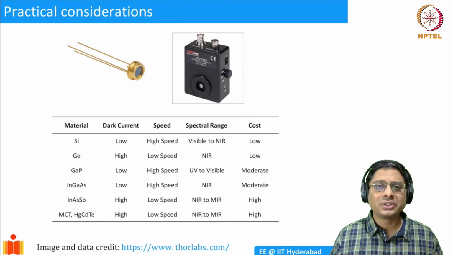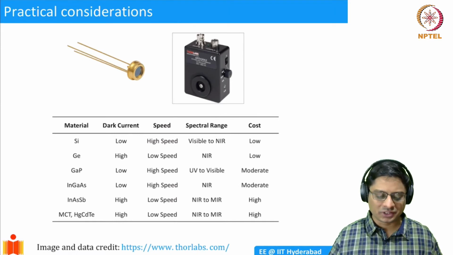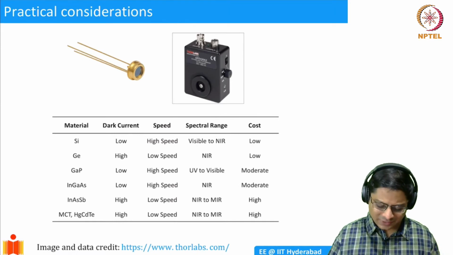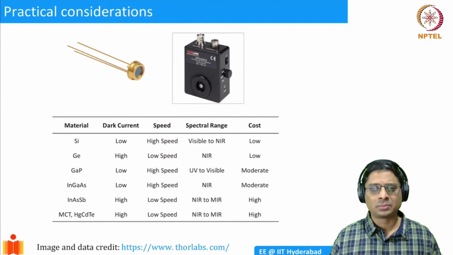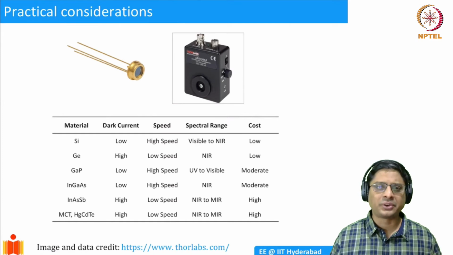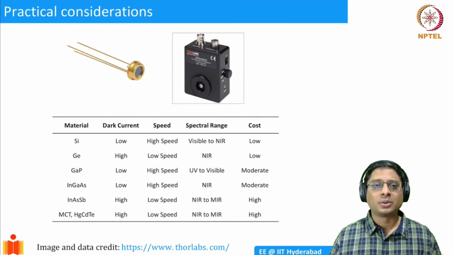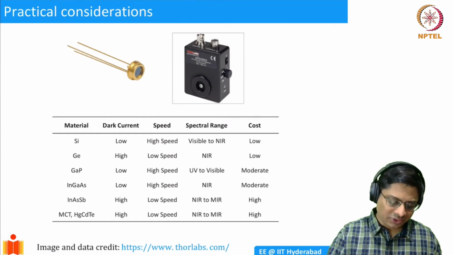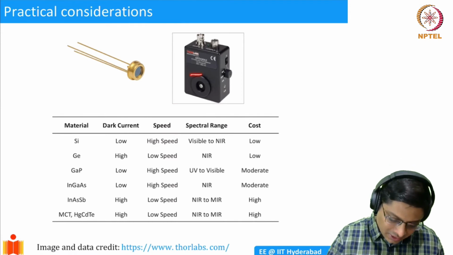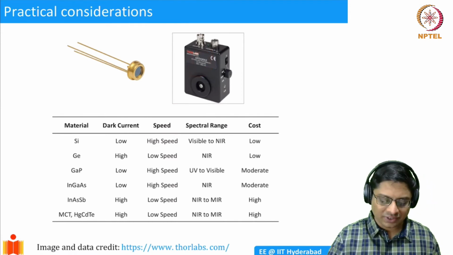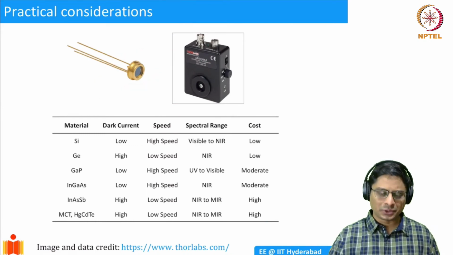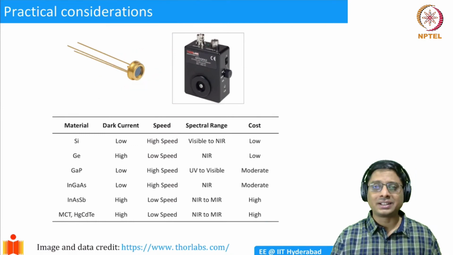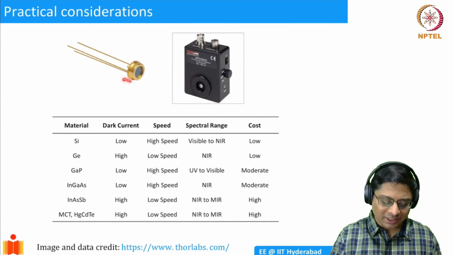The images that you see on this slide are some images of practical photodetectors that I've taken from the website of Thorlabs. Thorlabs is one of the prominent suppliers of various optoelectronic components and optomechanical components. Here what you're seeing is a PD of certain specifications. The specifications are written on the detector itself. And this is again a simple photodiode. I showed you the schematic in the previous video. This is how it will practically look.